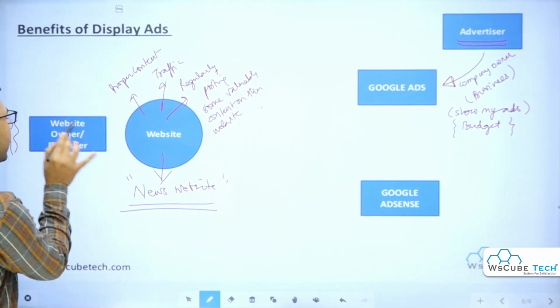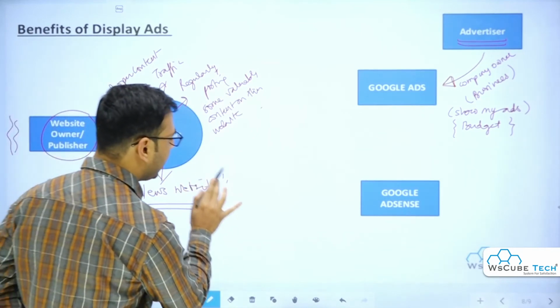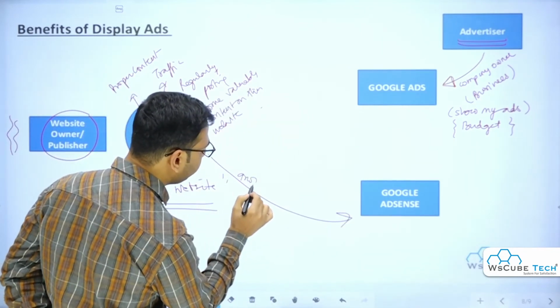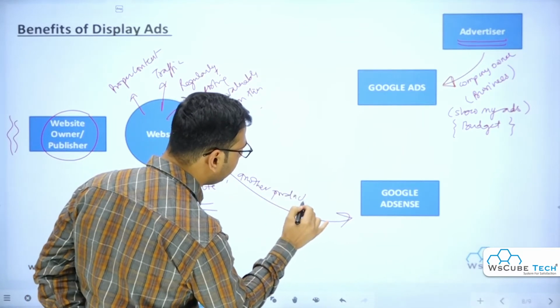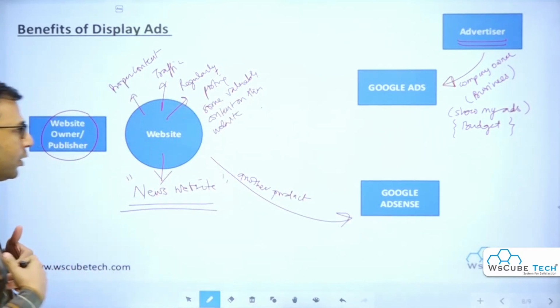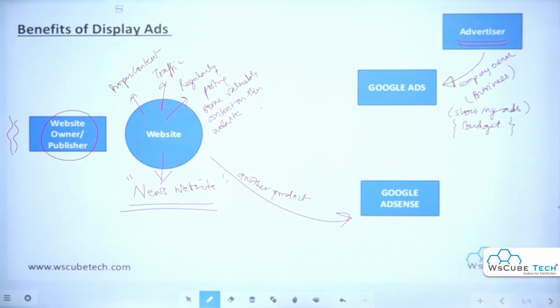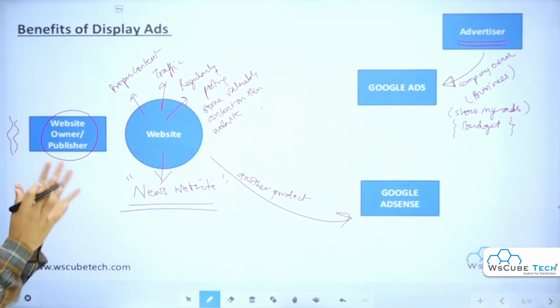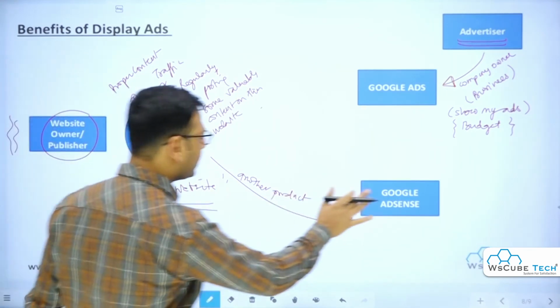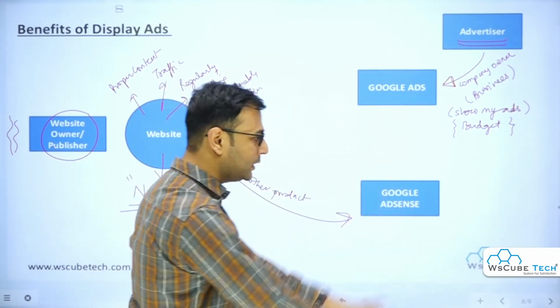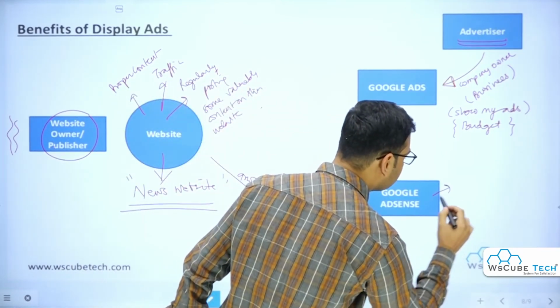Now what can this person do? This person can go to Google AdSense, which is another product of Google. They can say, okay, I am following your policies and doing what you recommend. My website is getting traffic, it is clean, and it follows all the privacy policies of Google and other internet policies which are required. So this publisher can go to Google AdSense with this website and say, I am following the policies, now I want your Google AdSense approval.